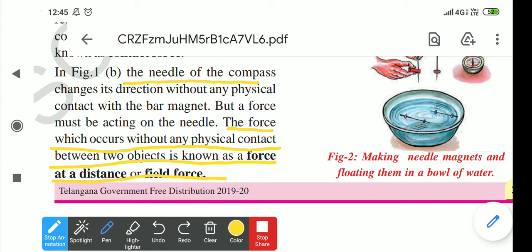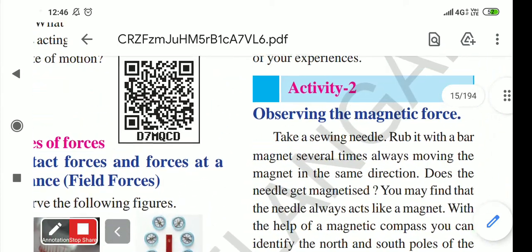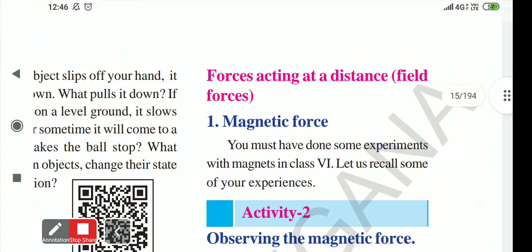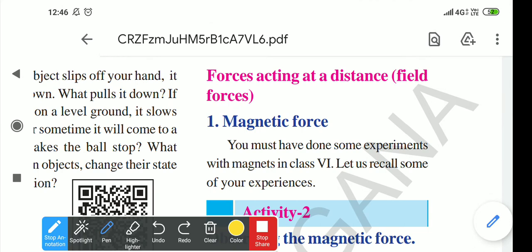These are very important. So we can classify forces into two types based on the nature of contact, the nature of surfaces, and how they are in contact or field. Now see, the first classification is forces acting at a distance, field forces.